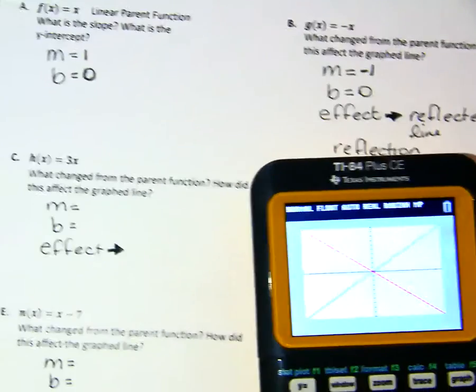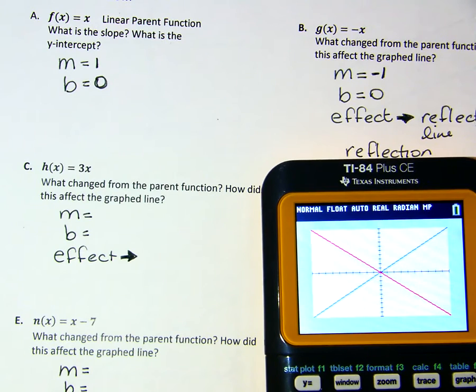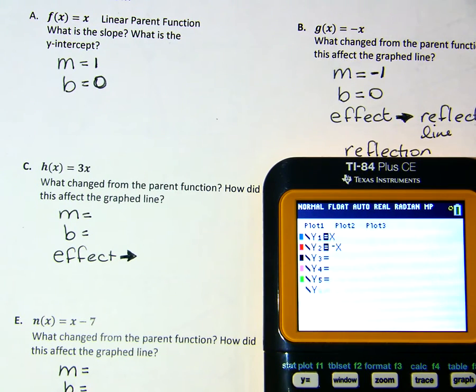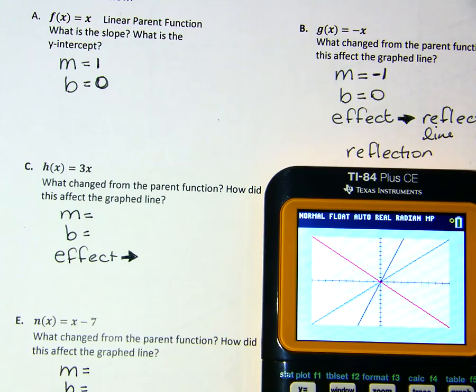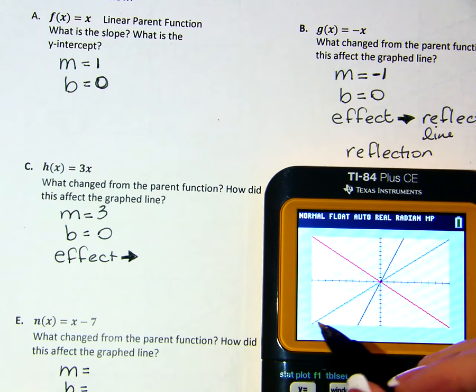For C, this is h of x equals 3x. So again, I'm going to go in here. This is our third example. Here we have 3x. We graph it. And notice what happens here. There's no change to the y-intercept, but slope is now 3, and the effect here is that from the